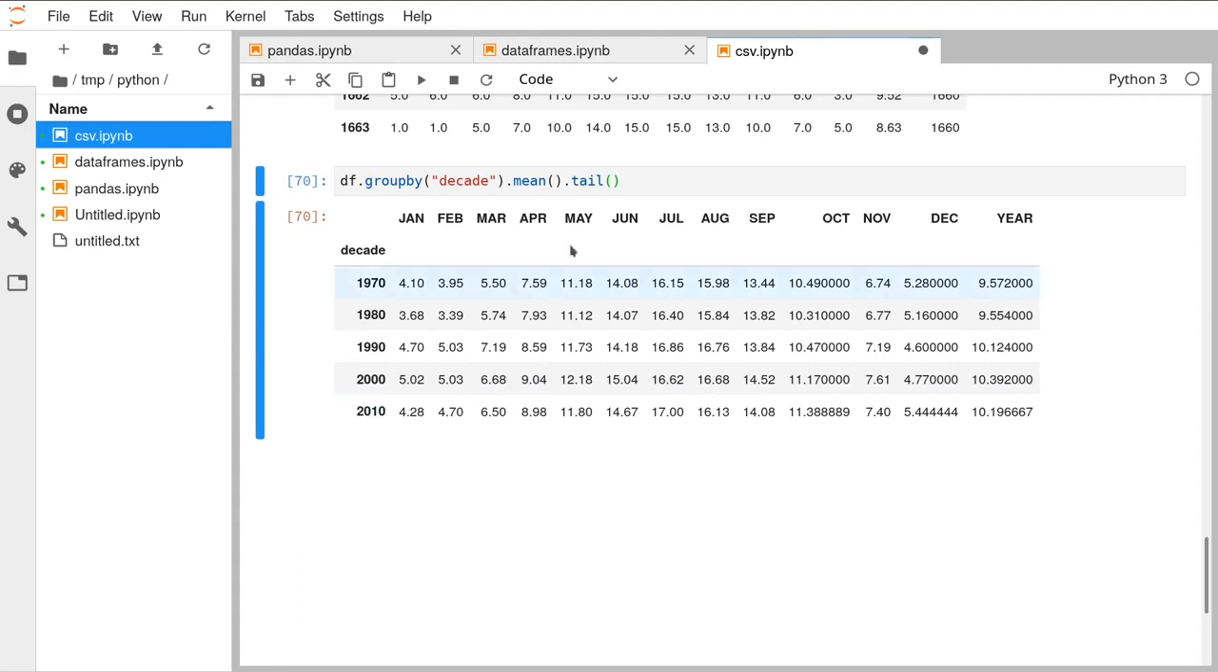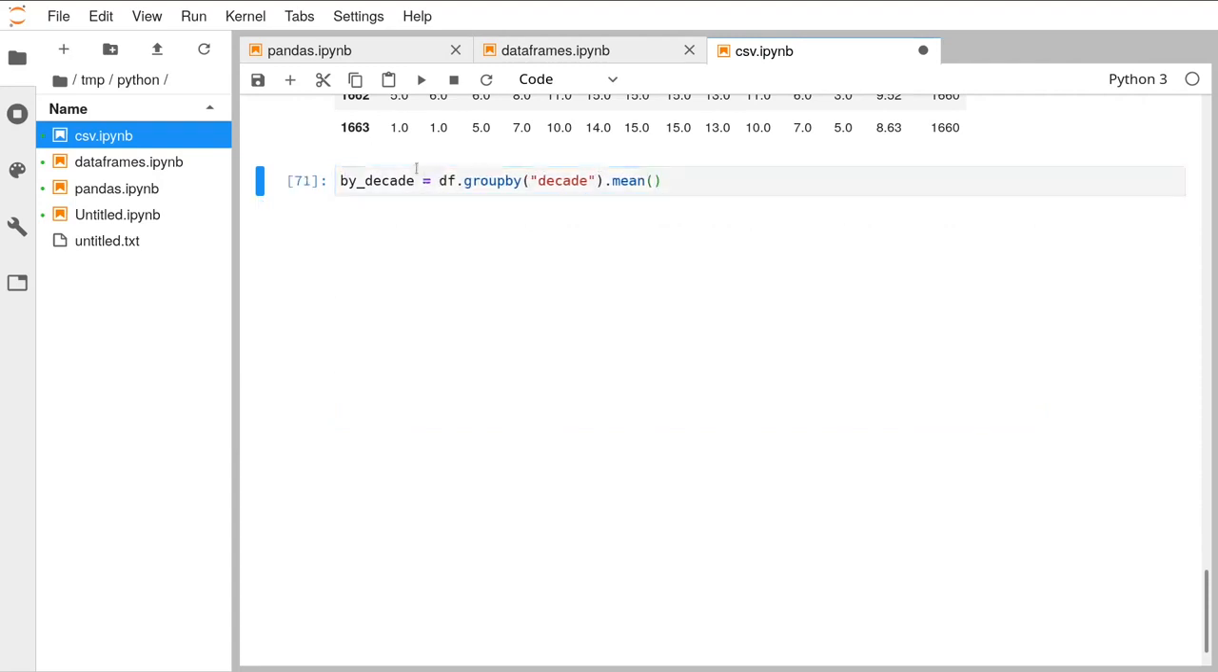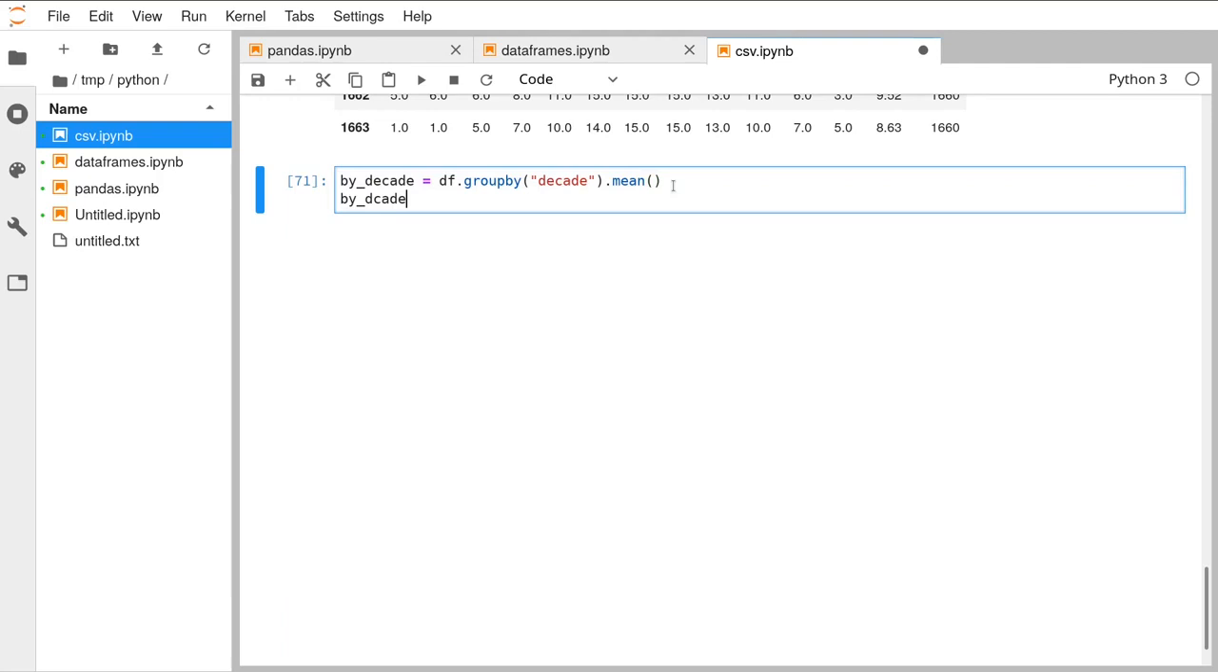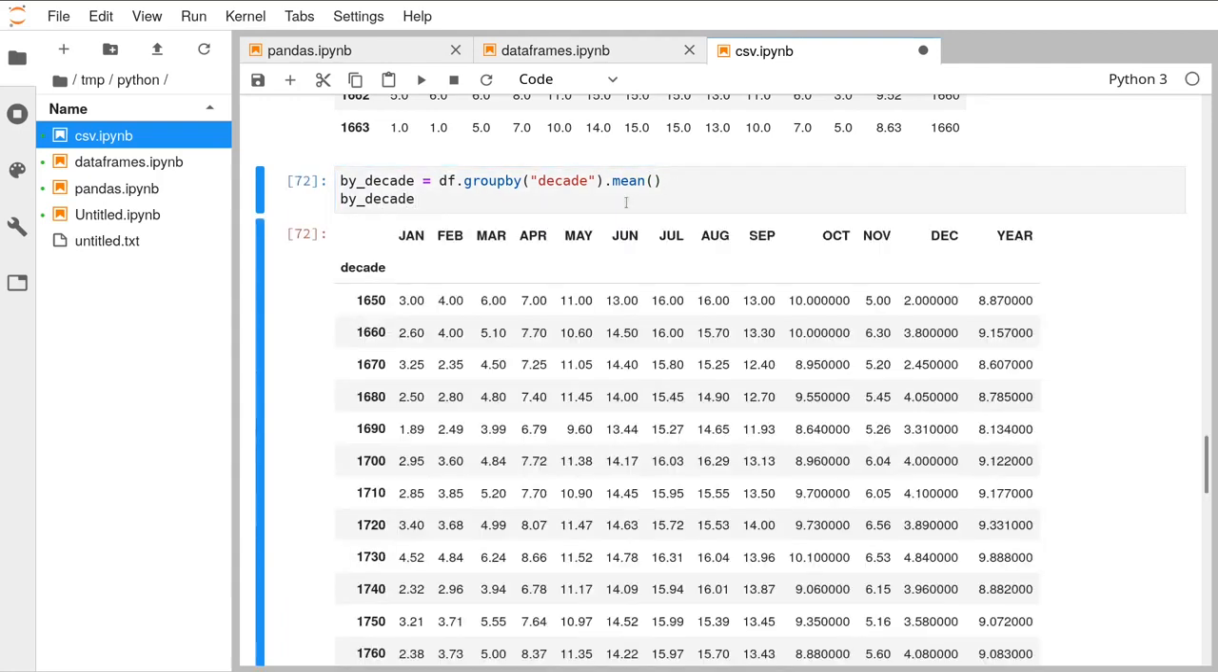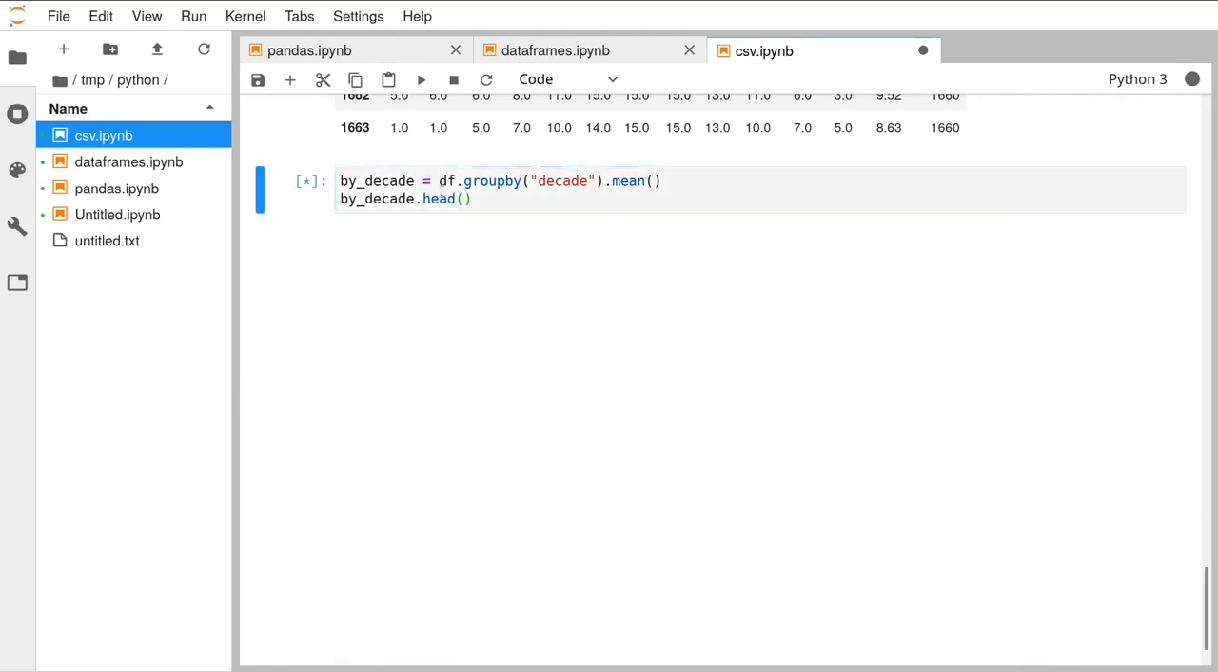So the very last thing we want to do is assign this, give it a variable name. Let's call this by_decade. I can never spell decade. So this variable here is that data frame that we just saw, by_decade. So if we call dot plot on by_decade,